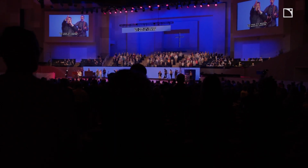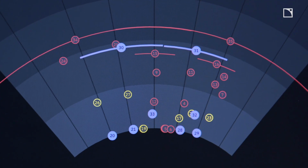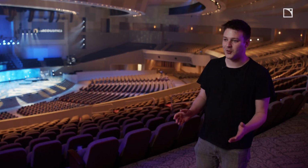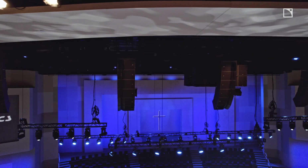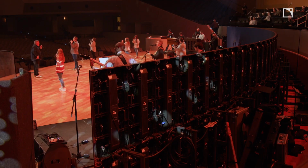work now? We're able to take all of these inputs, a choir that spans 50 feet, 60 feet, and we're able to place all of these sound objects in the field in correlation to where they actually are. Instead of having to stack 15 close-mic'd vocals plus 15 choir mics plus 30-ish orchestra mics all down a left-right, we're able to spread that energy out across the whole stage, which ultimately allows the audience to be more connected